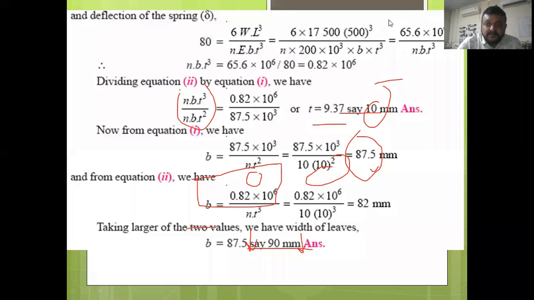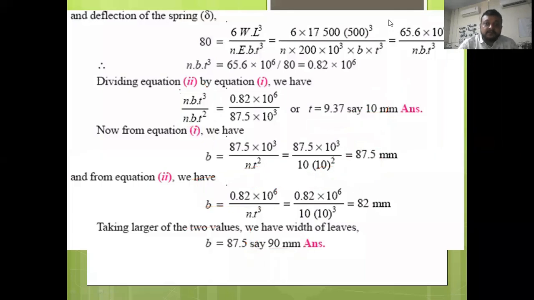So in leaf spring design, what you have to keep in mind is that you have to find out the cross-sectional area of the master leaf specifically, in which you have to consider the final stress equation and the delta equation, and combine these two equations to get the cross-sectional area. Keep in mind these things.